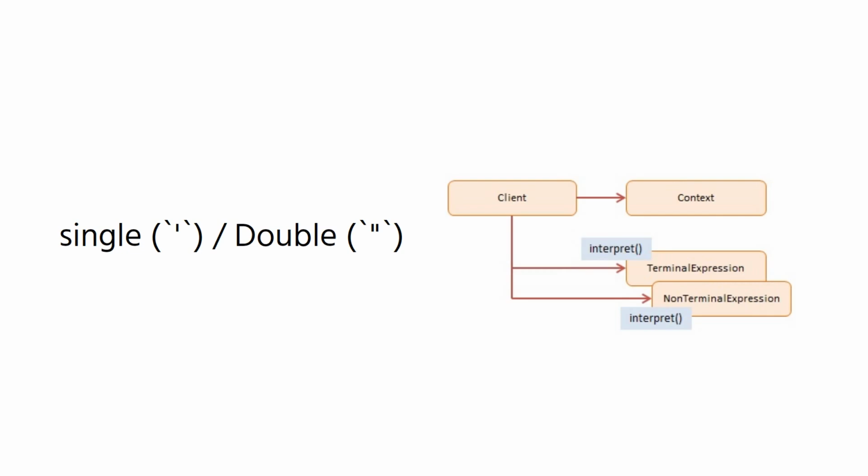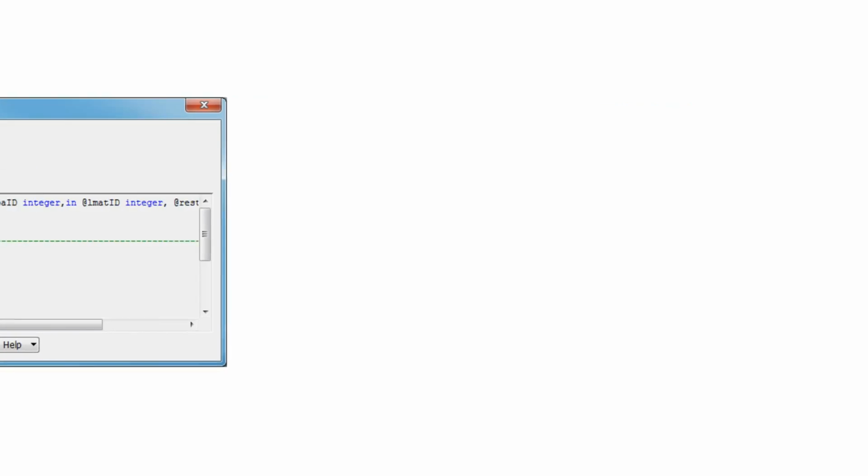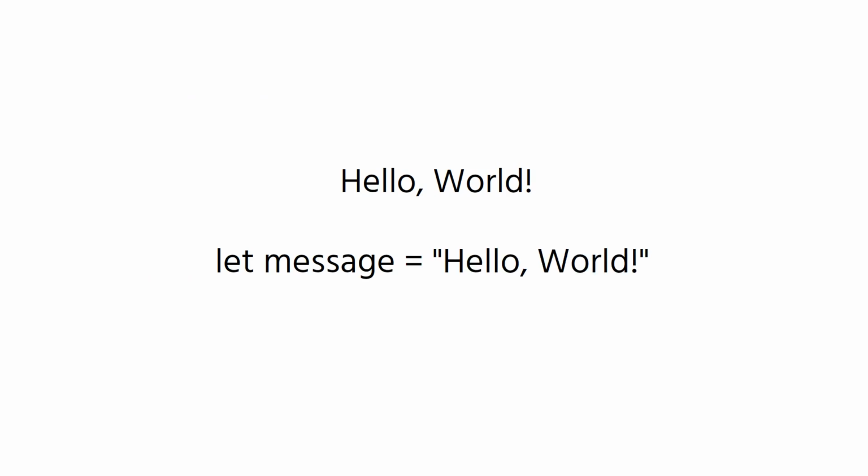Without these quotation marks, JavaScript would be unable to differentiate between the intended text and the program's code, leading to syntax errors or unintended behavior. For example, if a developer wants to store a greeting message like "Hello World" in a variable, they would write: let message = "Hello World";